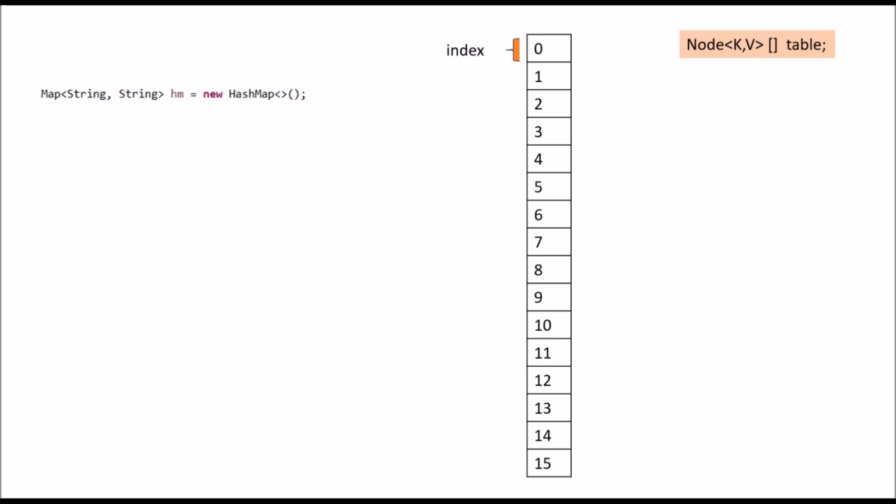There are a total of 16 indexes, and this value of 16 is called the initial capacity of HashMap. Remember, by default the initial capacity of HashMap is 16. At each index, an insertion to the HashMap will be stored in the format of hash code, key, value, and reference to the next node.